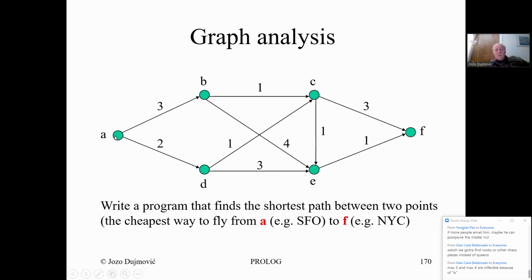Well, you have here that distances or prices to fly between point A and point B are defined here. For example, this is $300 to go from A to B. Okay, so that is this value. And then from B to C, 1, and from C to F, 3. So the question is, flying from San Francisco to New York City, how to do that in the cheapest possible way? And this is what Orbitz and Travelocity and all of these companies are doing when you ask them, I want to travel from San Francisco to